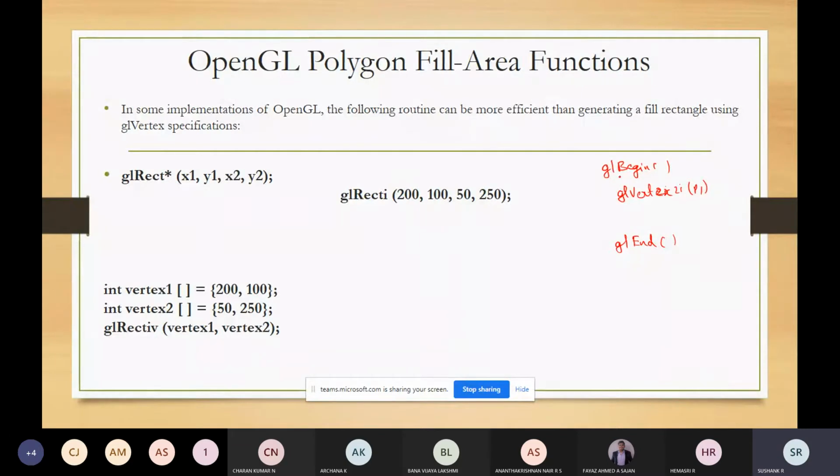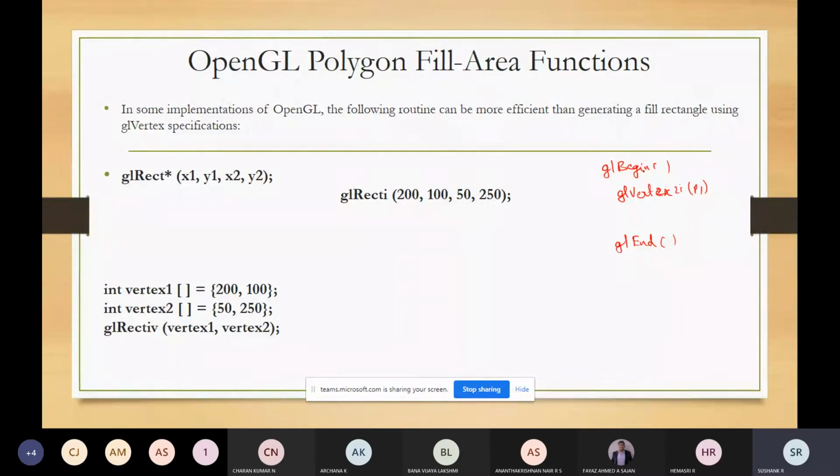Whatever you want to draw, you will be writing within GL begin and GL end itself. Inside the GL begin and GL end, you'll write the functions to create those polygons. So here we will learn how to draw triangles, how to draw polygons, how to draw the quadrilateral. So these are some of the functions which we will be learning.